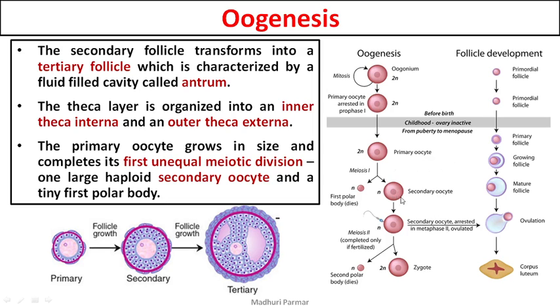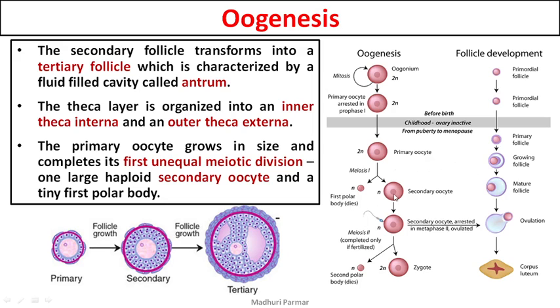तो ये बात याद रखो, सेकेंडरी oocyte है वो प्रेजेंट कहाँ पे है, this secondary oocyte is present in the tertiary follicle, ठीक है। और टर्शरी फॉलिकल की स्पेशलिटी क्या है, तो you have 2 layers of thecal cells, then in between granulosa cells you have some cavities which are known as antrum, which are then filled with fluid, ठीक है।